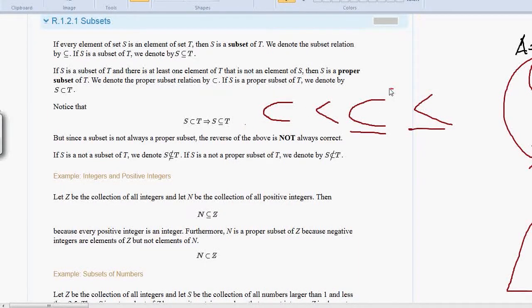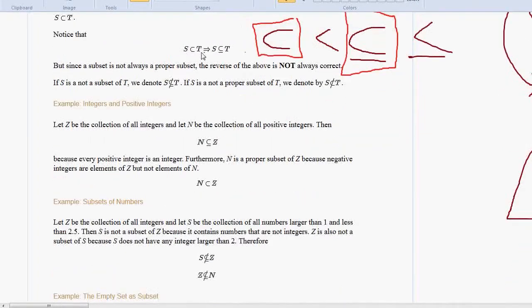So the notation for a subset kind of has this idea in mind that it's either a smaller number of elements or it's equal, whereas a proper subset is strictly a smaller number of elements. So that's a really good way to remember it, and it's kind of cool how these methods of notation correspond to one another. Oh, and then it says here that if S is a proper subset of T, then it